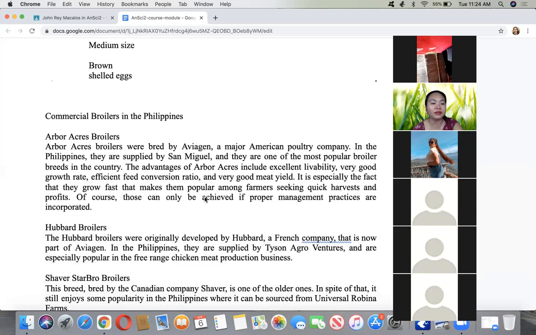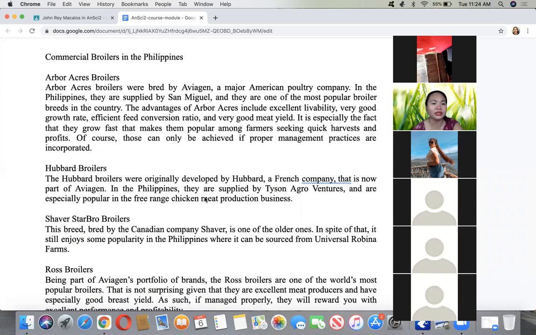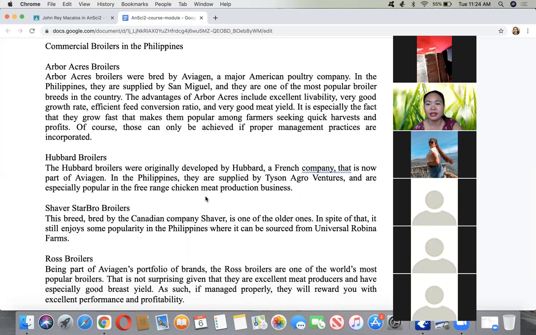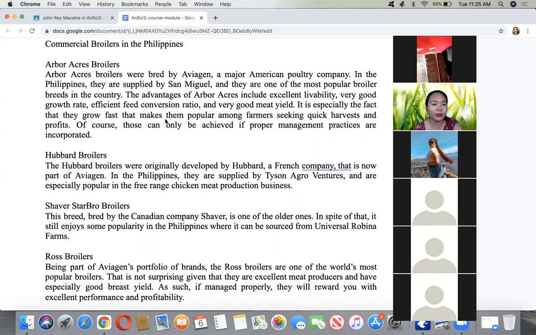So we also have other commercial broiler types in the Philippines. We have the Arbor Acres broilers, which are usually supplied by San Miguel Corporation, a major American poultry company. We also have the Hubbard broilers, also from a French company, and they are supplied by Tyson Agro Ventures. And we also have Shaver Starbro broilers from a Canadian company,